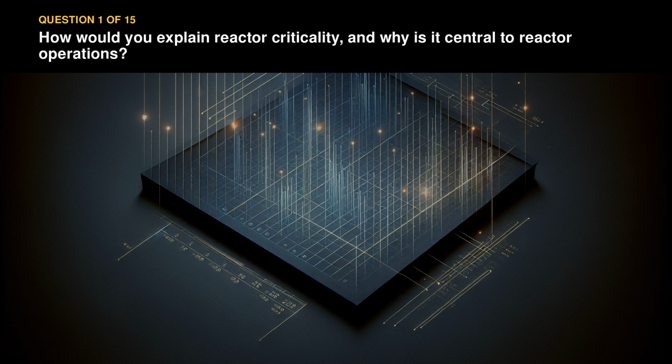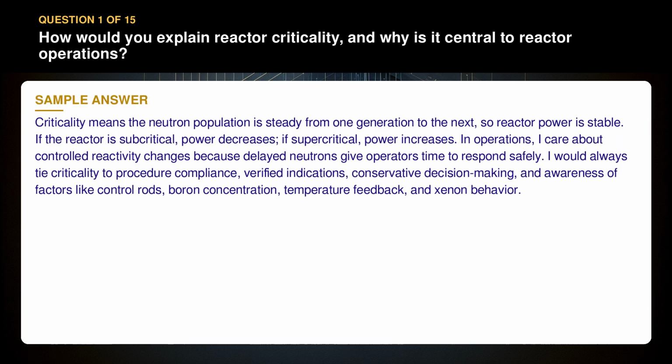Question 1. How would you explain reactor criticality, and why is it central to reactor operations? Criticality means the neutron population is steady from one generation to the next, so reactor power is stable. If the reactor is subcritical, power decreases. If supercritical, power increases. In operations, I care about controlled reactivity changes because delayed neutrons give operators time to respond